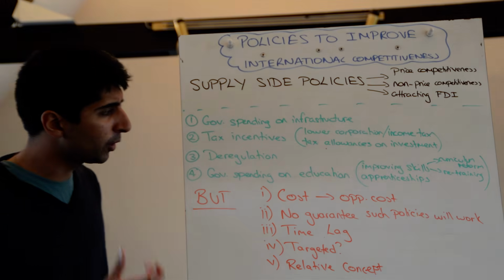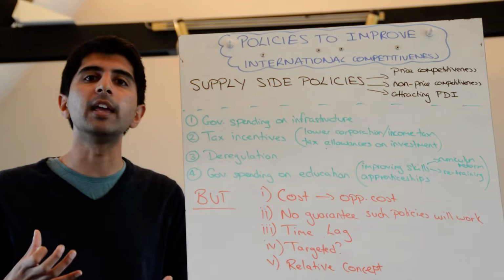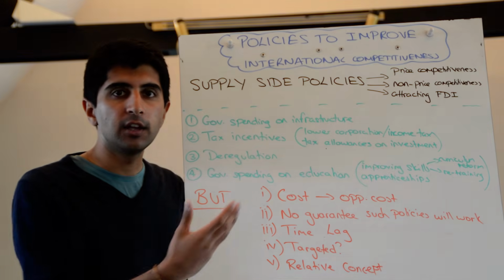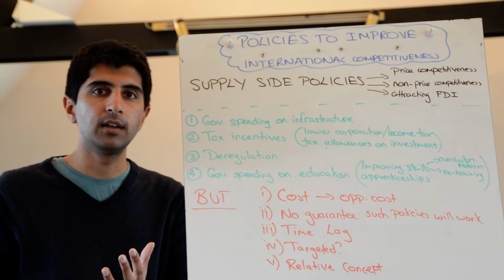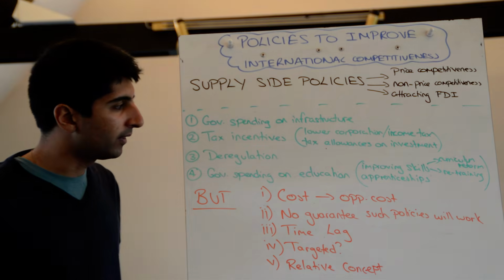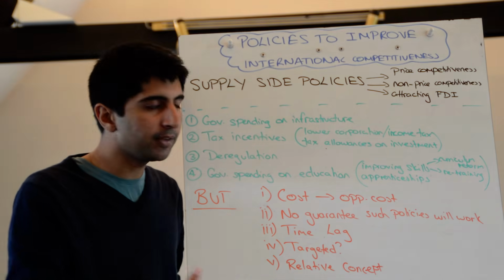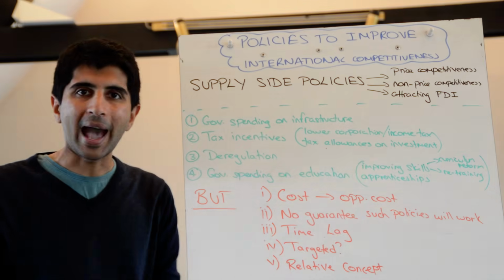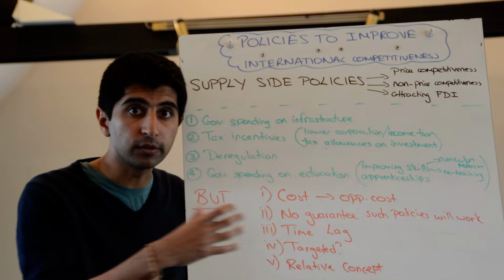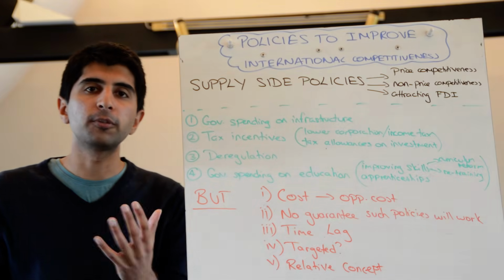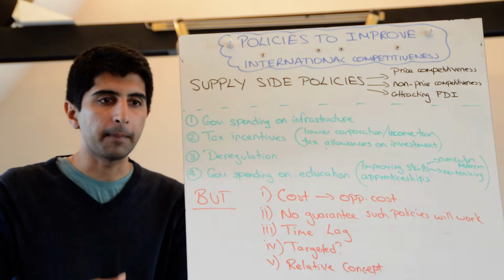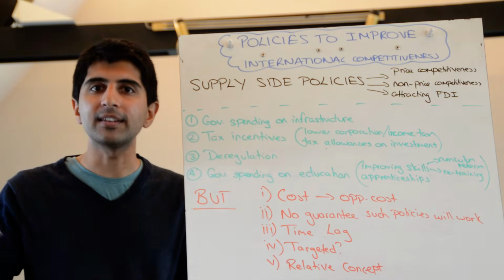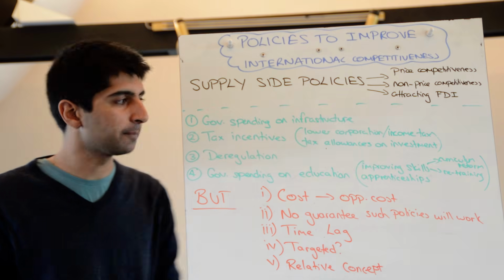And finally, government spending on education. So let's say it's productivity that's holding a country back. The government spending on education can maybe target productivity and therefore improve competitiveness. So don't just say education in an exam, give specific examples like curriculum reform, adult retraining in order to improve skills of the labour force. Talk about spending on apprenticeship schemes so that individuals can actually gain the skills that they want to get into the jobs where they're going to be most productive.